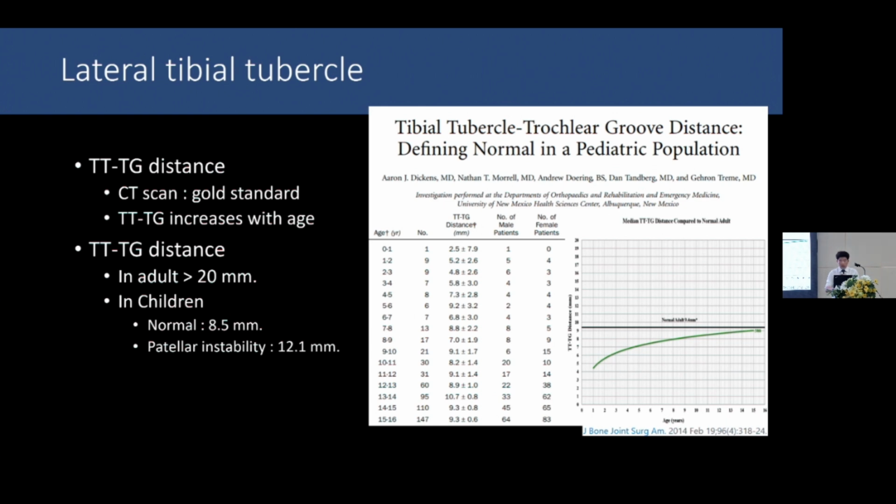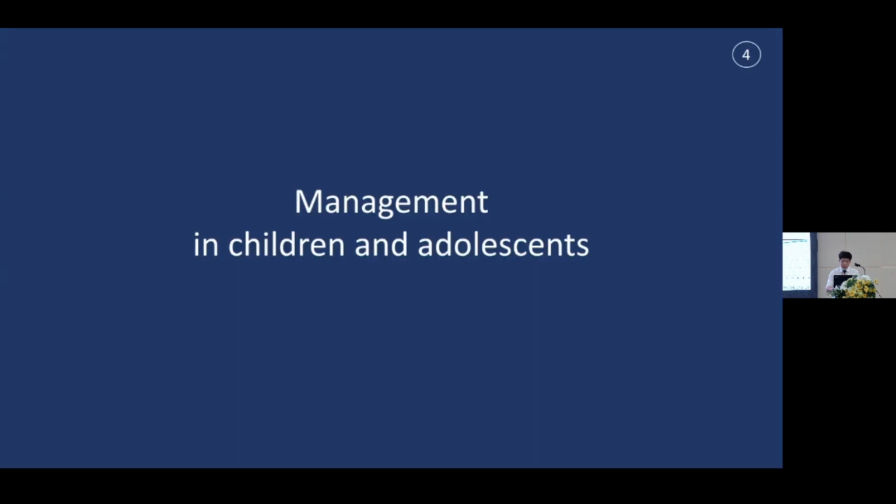The lateral tibial tubercle position is measured using the TT-TG distance, which increases with age. In adults, the distance cutoff is greater than 20 mm. In children, the normal distance is 8.5 mm, while in children with patellar instability, it is 12.1 mm. Next is the management in children and